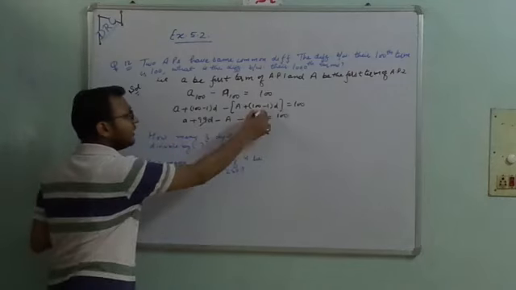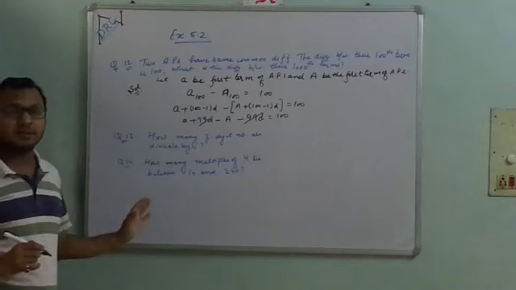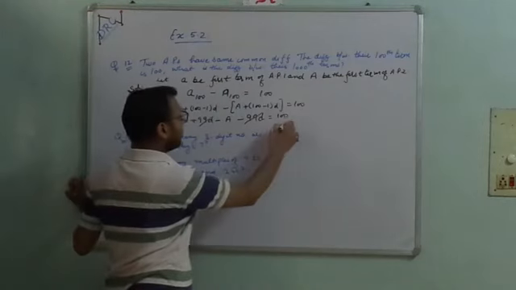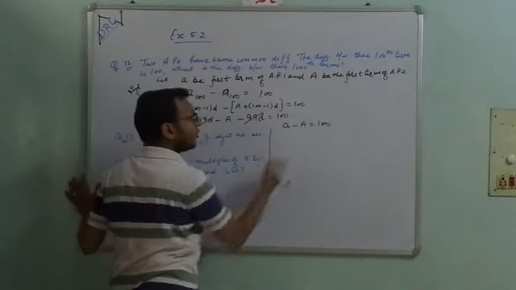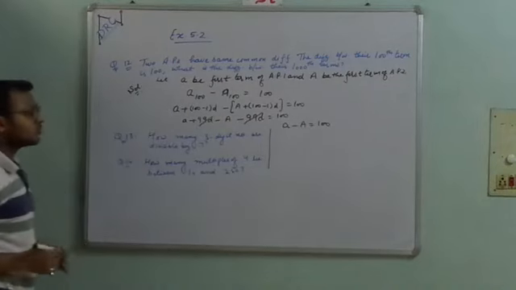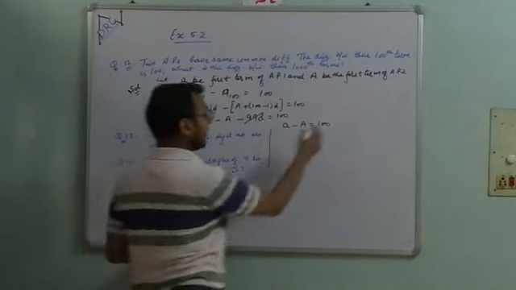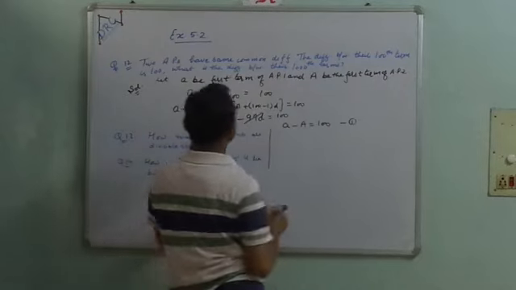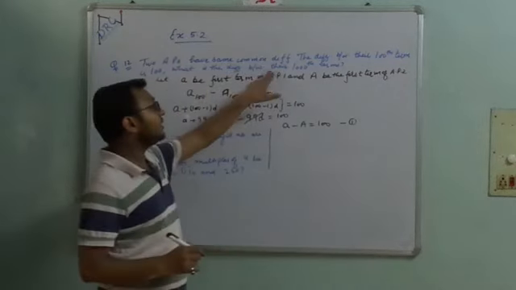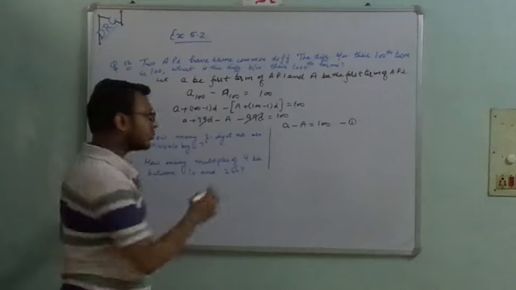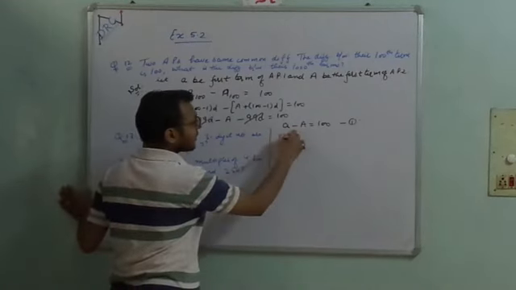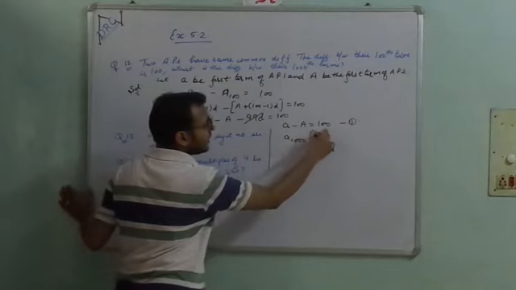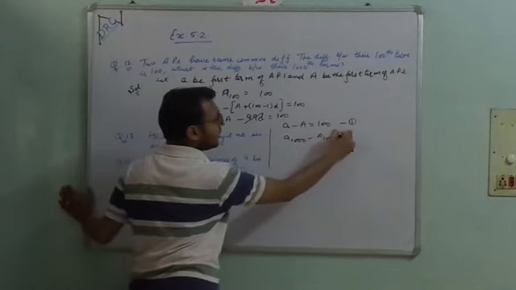So plus 99d and minus 99d cancel out. So we are left with a minus capital A is equal to 100. Okay students, so this is equation number 1 we are getting. Now we have to find the difference between their 1000th terms. So the 1000th term means you can say A1000 minus A1000, आपको find out करना.